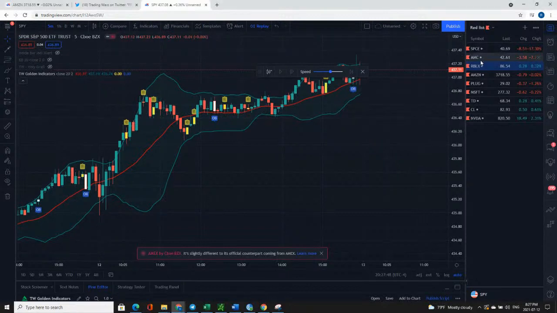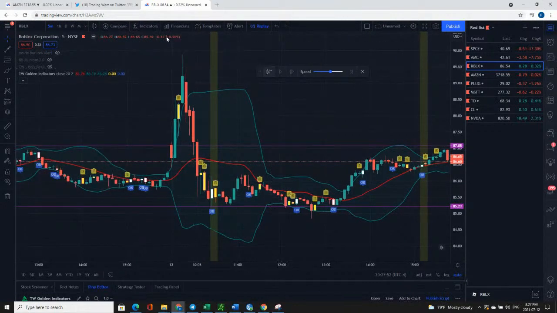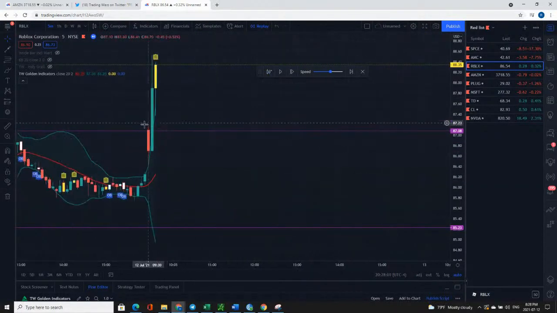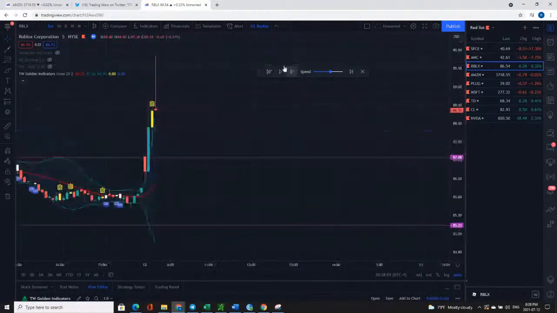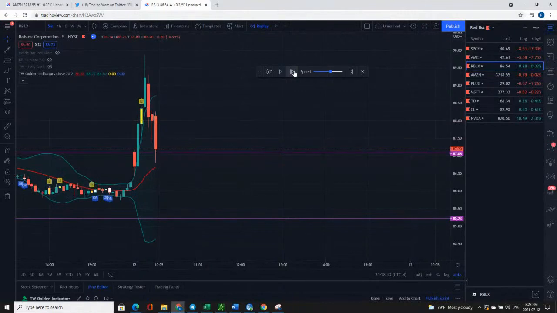So let's go back to Roblox here. Hit the replay again. So we were right here. Okay. So there we go. This opening range breakout, or just taking the break of the level right there, that's a beautiful winner. That's a very solid winner right there. Here we go. Another inside bar. So here's your other play right there. You take that inside bar. I mean, it's just beautiful. I don't know what else to tell you guys.